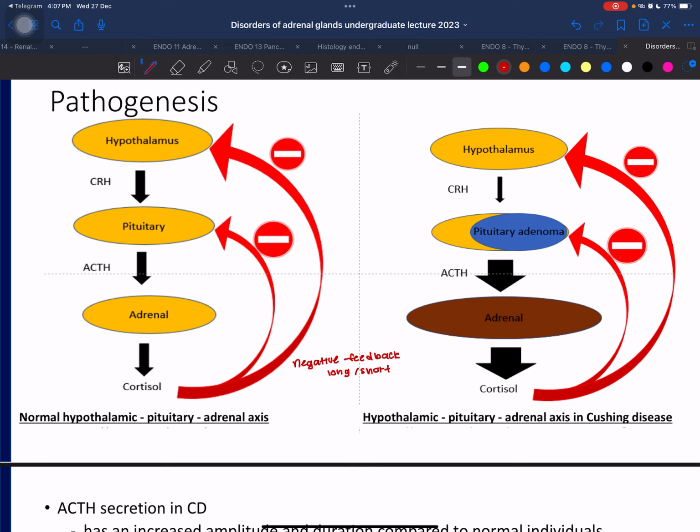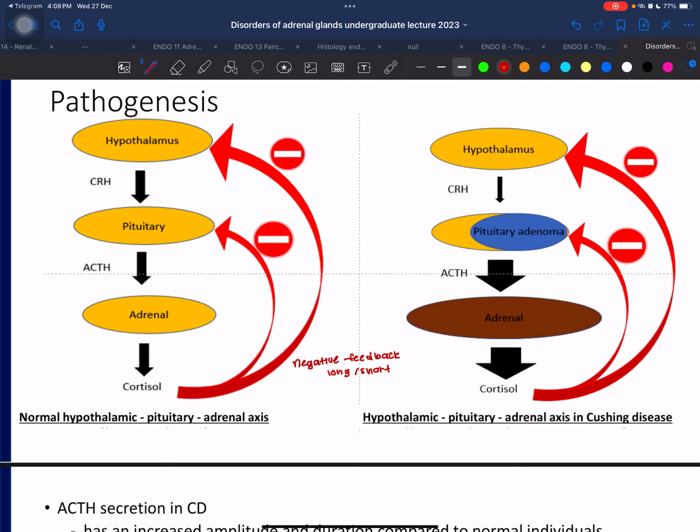Okay. Now, ACTH production is much increased. You see the very fat arrow over here. The adrenal gland is being stimulated and it produces high amounts of cortisol. That's why the patient will have signs and symptoms of hypercortisolism. Now, the normal negative feedback of the body goes up to the hypothalamus, stop producing CRH. Oh yes, CRH is less being produced, but unfortunately, we don't routinely measure CRH in the lab. Now, negative feedback goes to the pituitary gland. Stop producing ACTH. We have too much cortisol already.